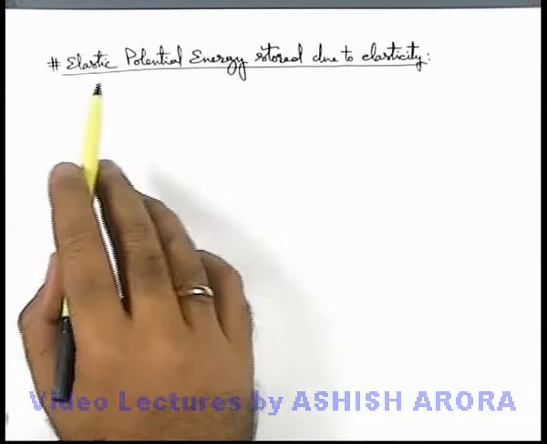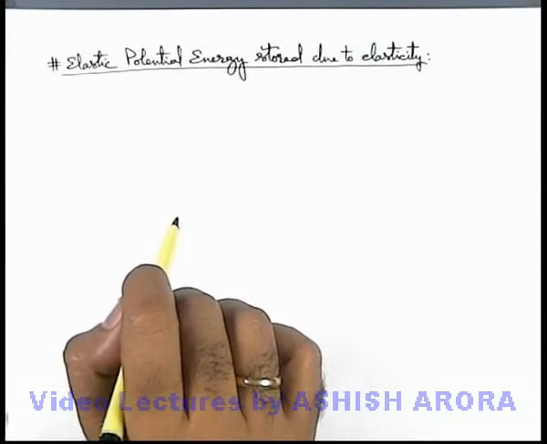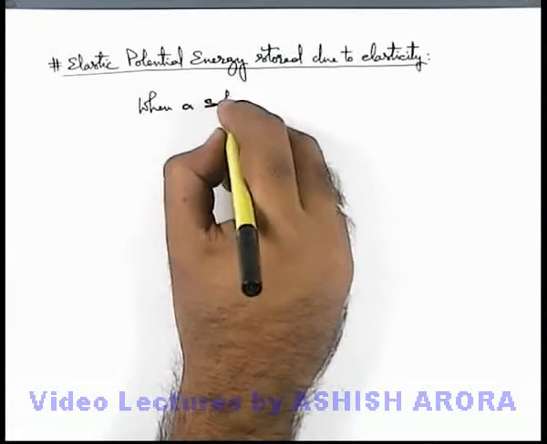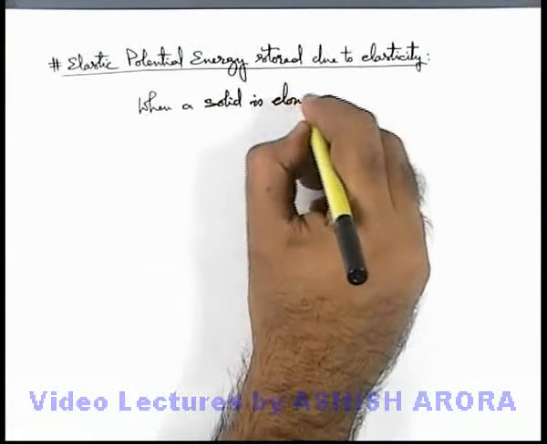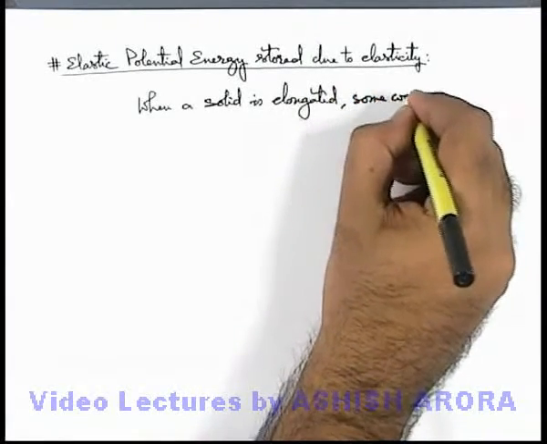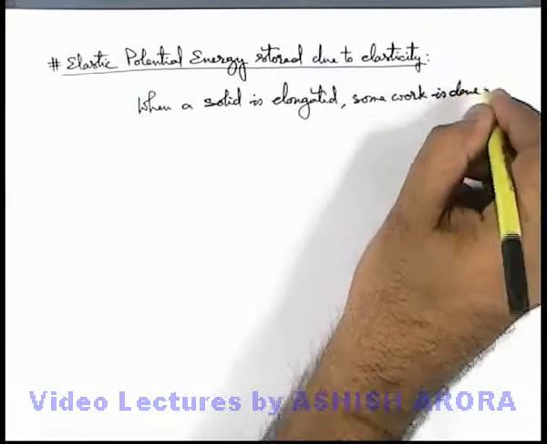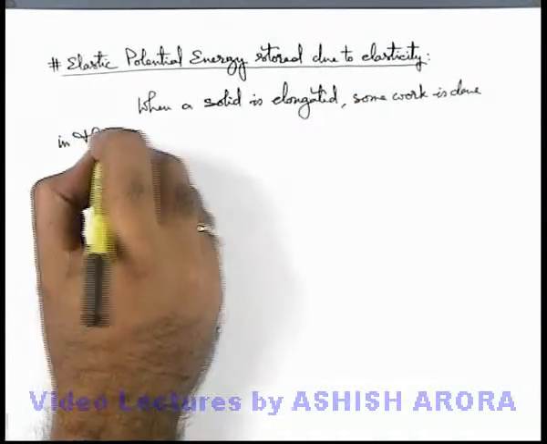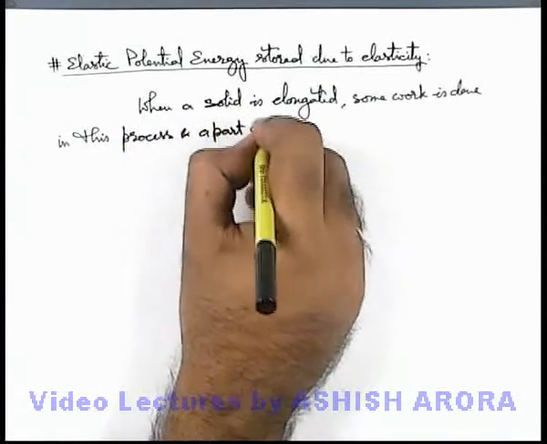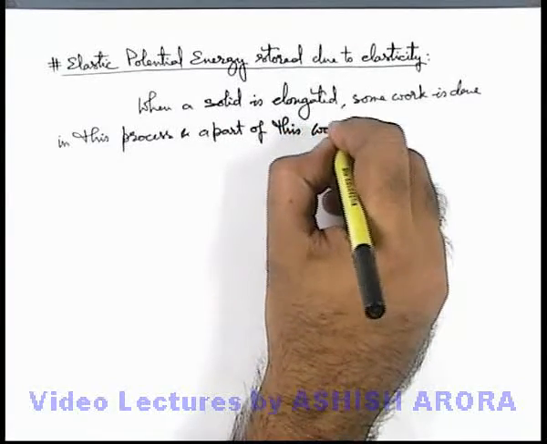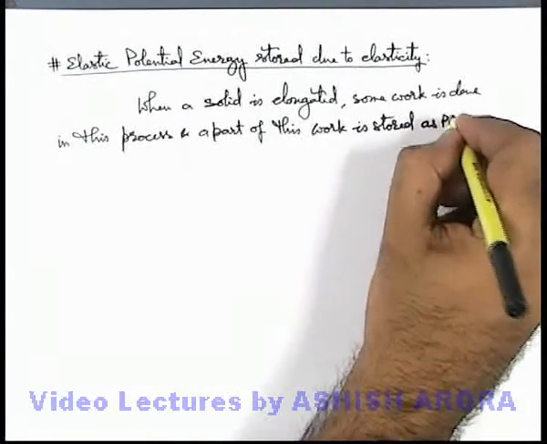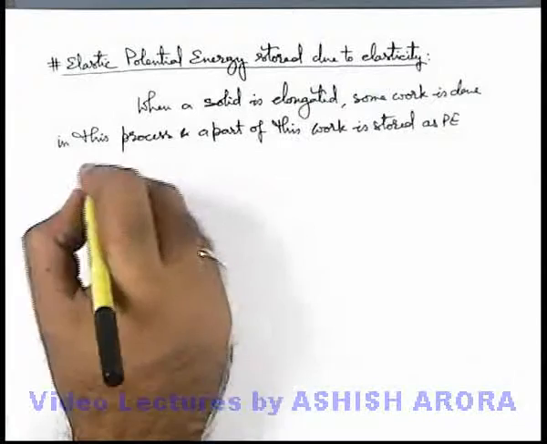Now we'll discuss elastic potential energy stored due to elasticity. About this section, we can write: when a solid is elongated by an external force, we can see some work is done in this process, and a part of this work is stored as a potential energy, which we term as elastic potential energy